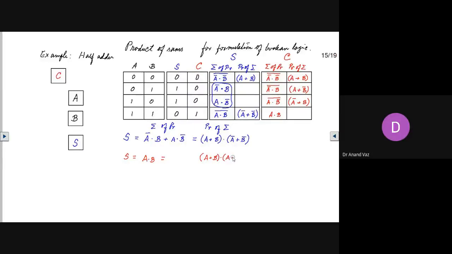Here you have A or not B and A, not A or B. But you see, it's not wise to implement this logic with the product of sums method for this.